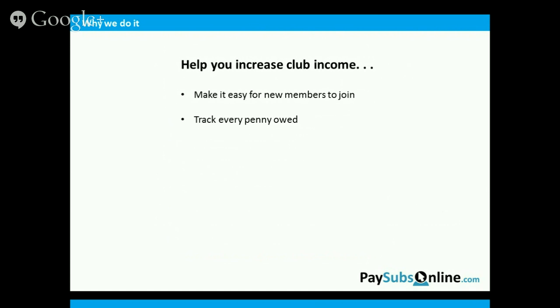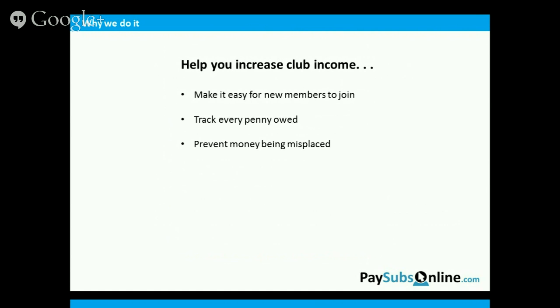We help you track every penny owed, so there's nothing that falls off the radar. You can very clearly see who's paid and who hasn't paid, and that transparency really does help your payment collection rates. And we prevent money being misplaced. I know from being a coach that somebody may give you a check, you think you put it in your jacket pocket, and then the next committee meeting comes round and where's the check gone?